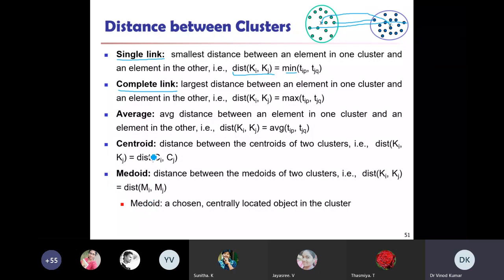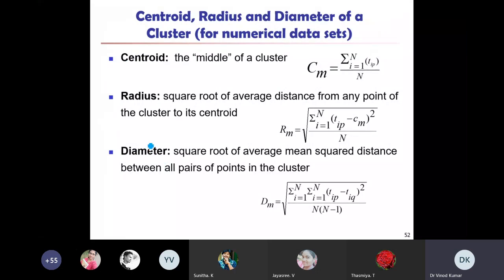It will be helpful if you understand single linkage, complete linkage and average linkage. This will be used in your coming data mining practical using the Weka tool. In single linkage, complete linkage and average linkage, one problem is there, so you need to understand how it is happening here. Centroid is the middle of a cluster. I already explained; the formula is written here. You need to learn this formula, how to calculate the centroid point.